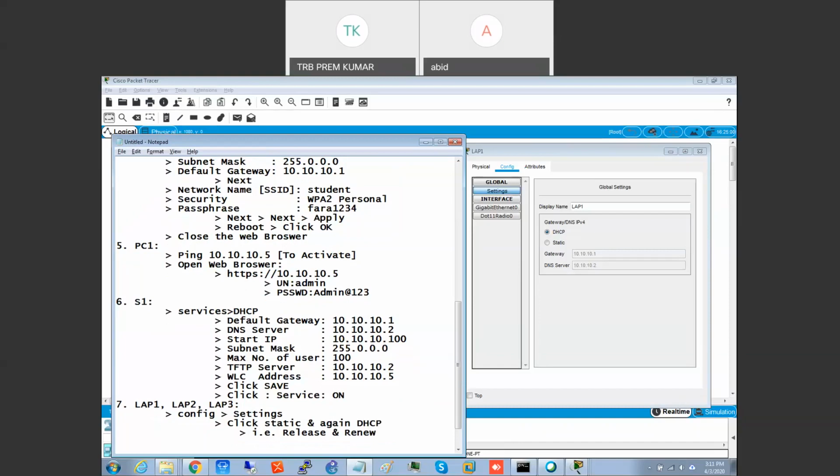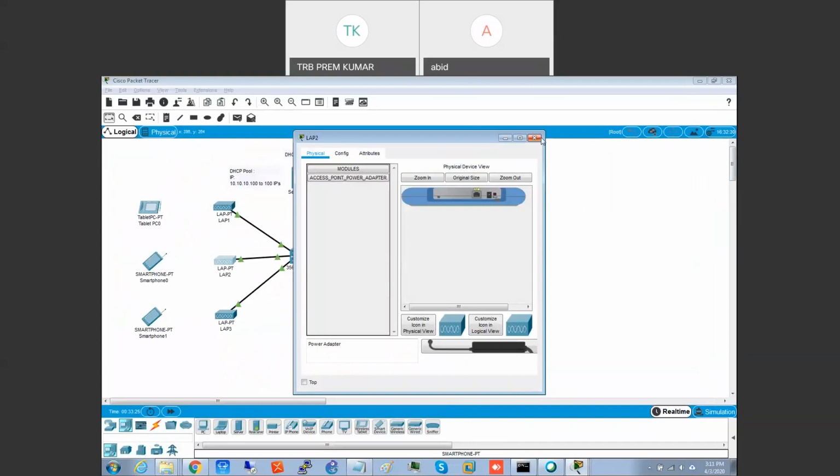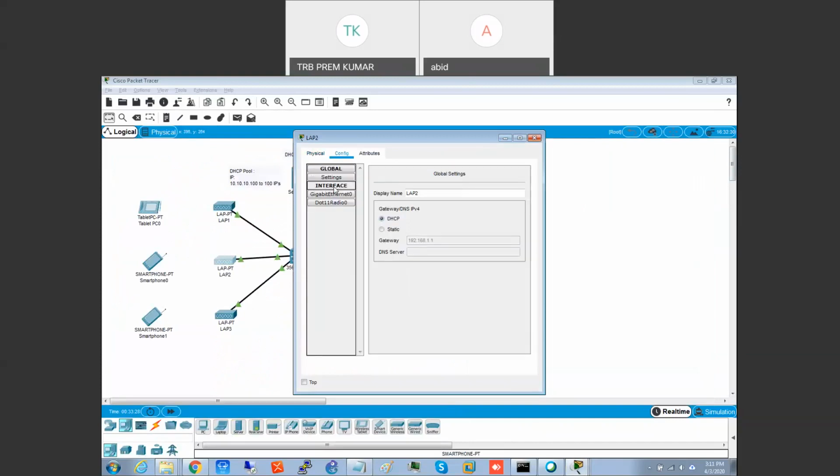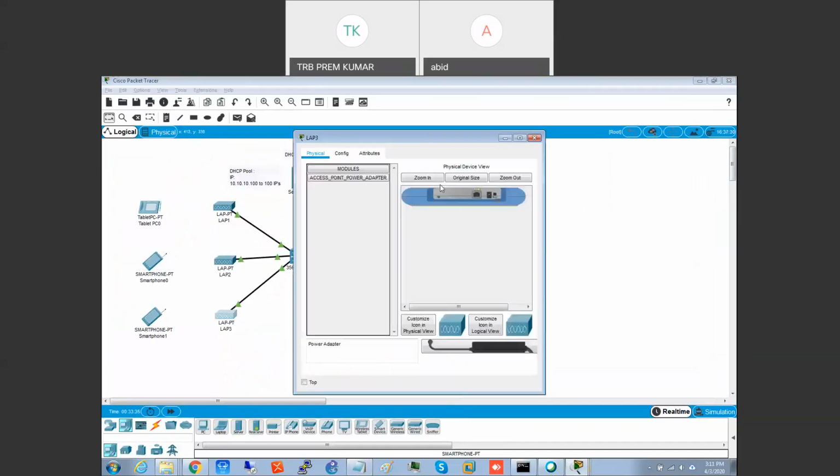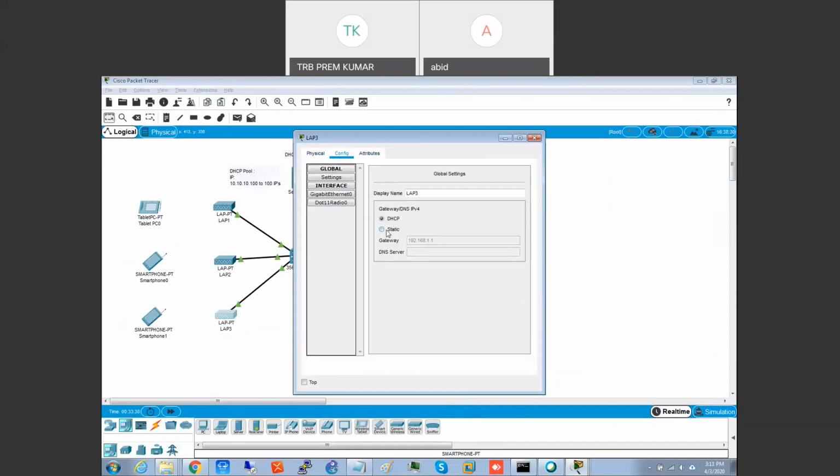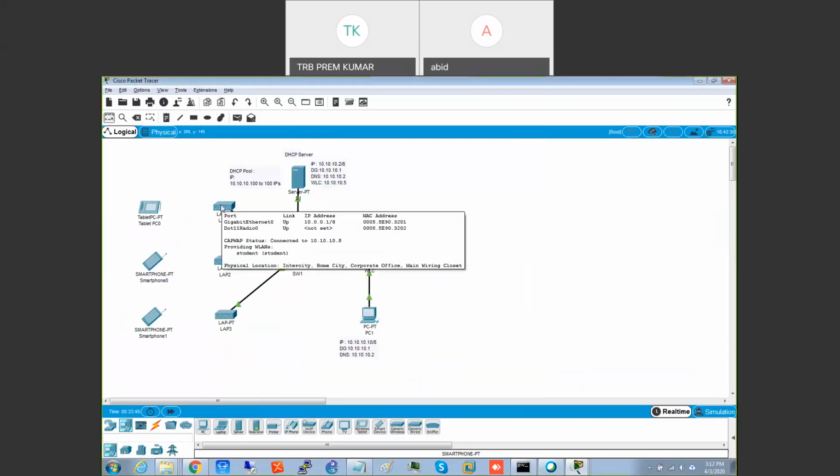Okay. Now the 8th step: verify the IP address. How to verify this? Just go and keep the mouse there. It will show you. I'll do it on all the 3 machines. Okay, let us see first. Configure settings is there, static DHCP. I got it, right? Now keep the mouse here. What is the IP address it is showing now?